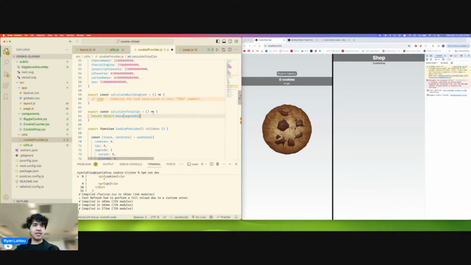So once we get those names, actually we want to define 3 things that we're going to take in. We're going to be taking in a building type, a count of how many buildings we have, and also the base price per building. Actually, sorry, that's for building cost. So we want the building type, the count, and the cost. And then for calculate total CPS, we just need the list of upgrades and then the base building CPS. That way we're able to spread across all of them and calculate the total CPS